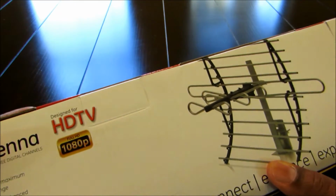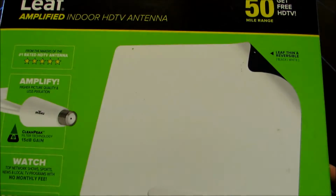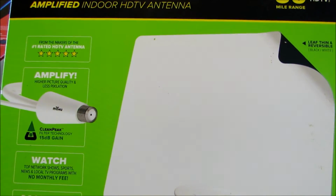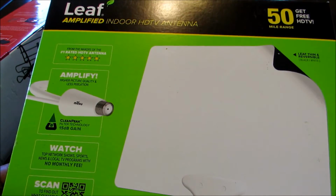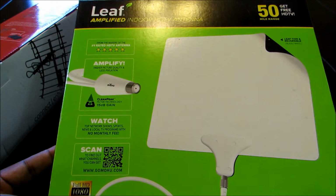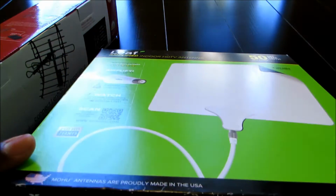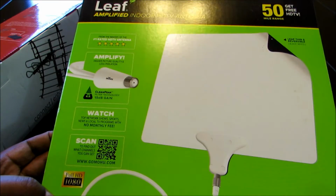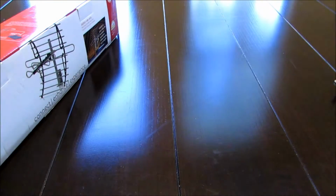Now, the box does not have how far it's rated. The Mohu Leaf, the reason why they call it 50 is it has a rated distance of 50 miles, meaning that it can receive signals 50 miles from you. Also, I forgot to tell you, this is multi-directional, meaning you don't have to point it. It does help sometimes. You can lay it flat like this, but like I said, the higher you get this, the better it works. This right here is directional,